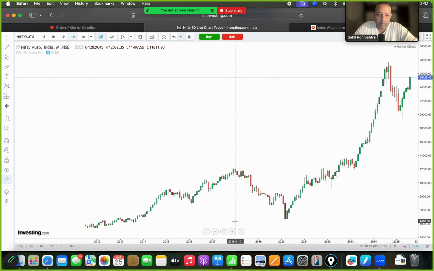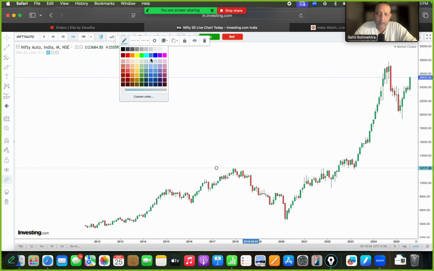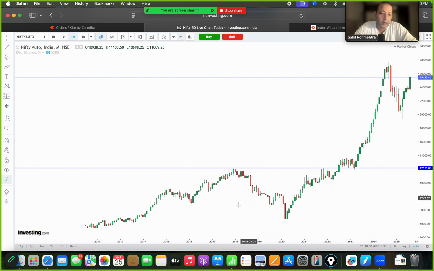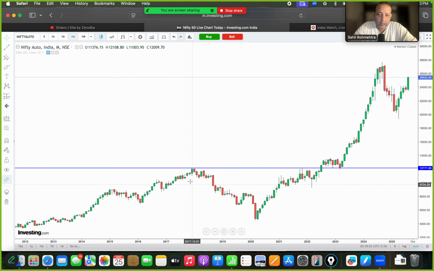And the interesting thing about the price that we can see is that if I mark this horizontal line here, which you will see, I'll just darken it a bit. Maybe I'll choose blue and darken it a bit. You will note that from a high of approximately 12,000, this index corrected to a low of approximately 4,500 in COVID. And the breakout from the high, actually, I mean, if we can consider this point where the cursor is marked,